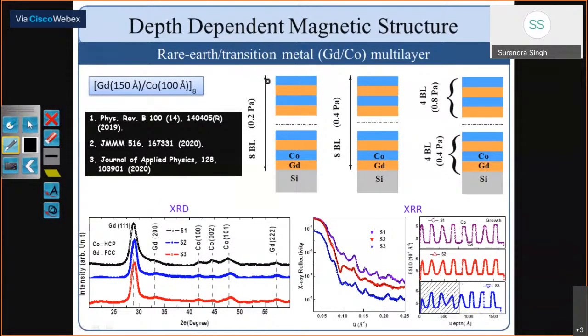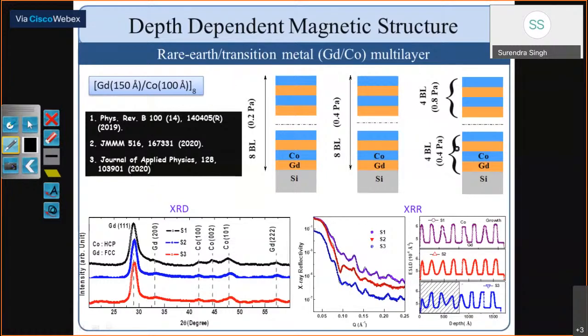Gd-cobalt, around 8 bilayers of that. It was grown at an argon pressure of 0.2 Pascal. In the second film, which we will call S2 (this is S1, this is S2), another multilayer, we have double this pressure, which will destroy our interface. I mean, the interface morphology will change,